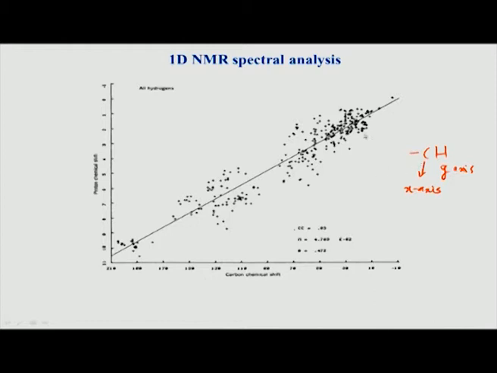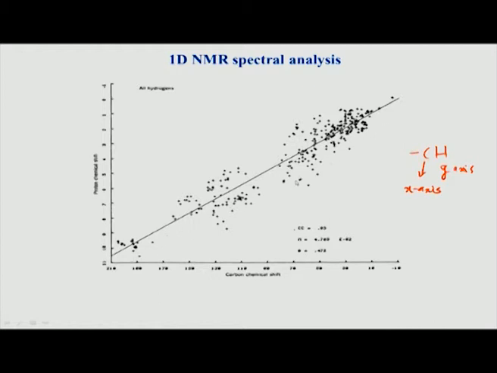So, what it says is that for a given CH moiety like this, if the hydrogen chemical shift goes upfield, means towards upper side, the carbon chemical shift is also upfield towards the 0 side. Similarly, if carbon chemical shift goes down, which happens typically in the case of aromatics, you see aromatic comes downfield, down means downfield shifted. The hydrogen for the aromatic we know comes around 7 to 8. So, that is also downfield shifted. So, that means carbon and hydrogen chemical shifts in a CH moiety are correlated, they have a positive correlation.